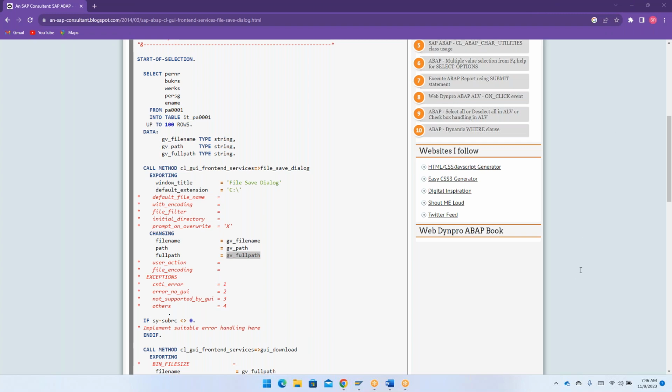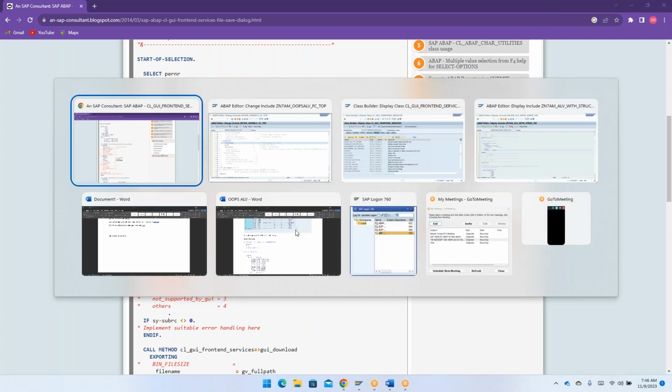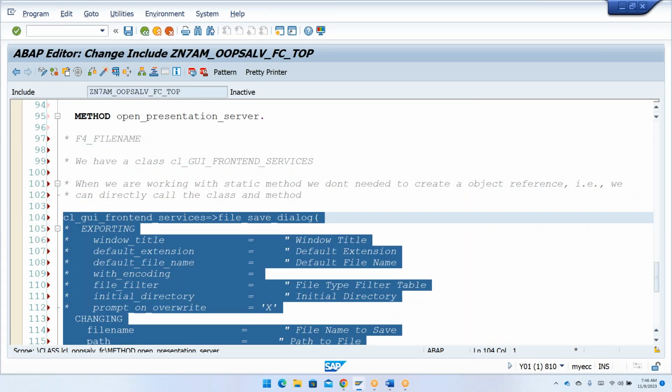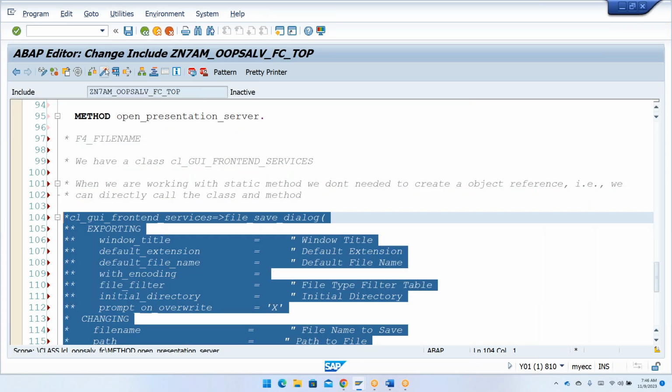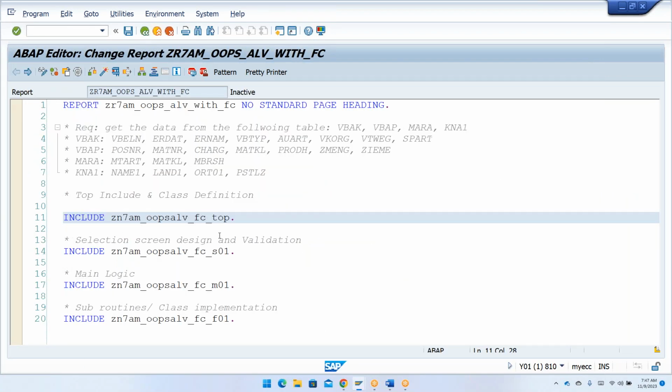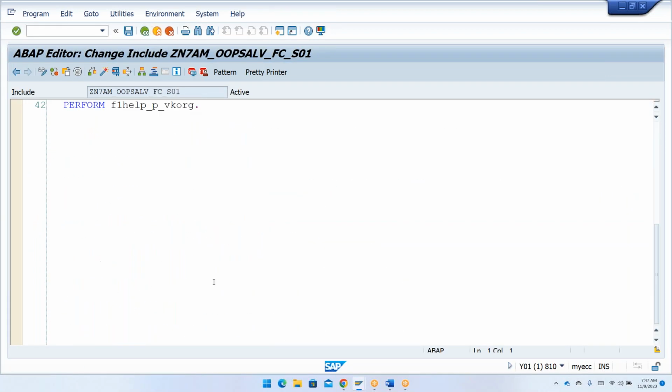I'm just going to put that in your chat window. You go ahead and work with this. How can you work with your save dialog? As of now, I'm not going to provide this one. So now let me activate this one. Now go back to my S01, and I'll just go ahead and say